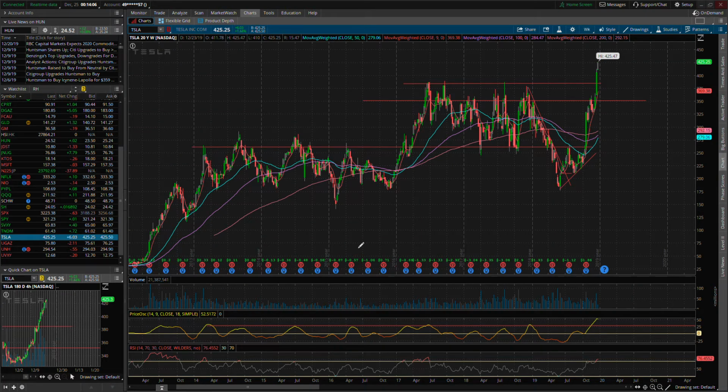Alright, I wanted to do a quick video here on Tesla. So we have just seen all sorts of gains ever since we set these lows down here in late May, up well over 100% from there. We're looking at about 130% since our lows in May of this year. Just absolutely nuts what Tesla has pulled here over the past 6 months, to see this kind of movement